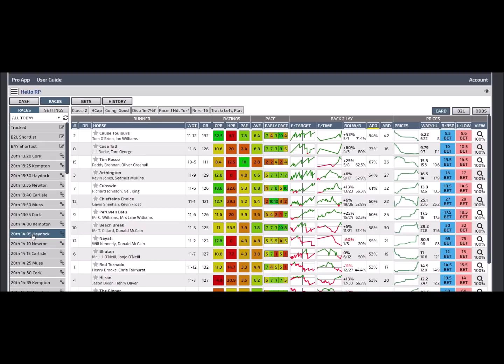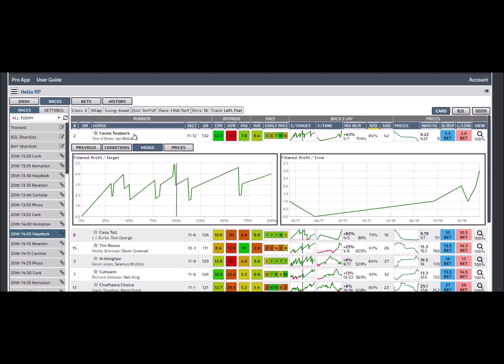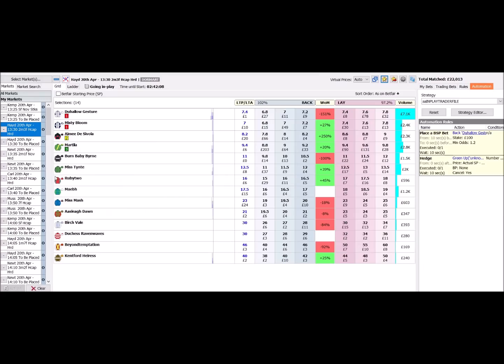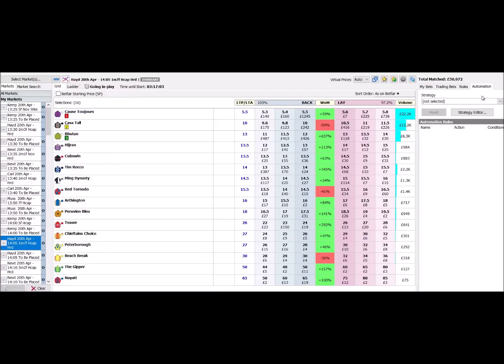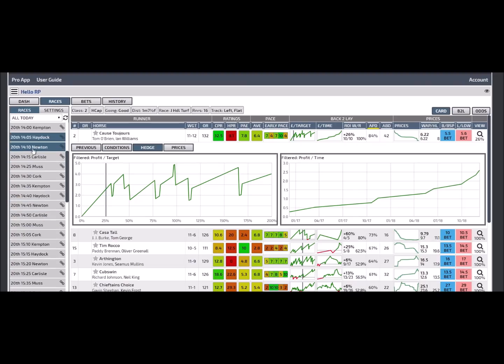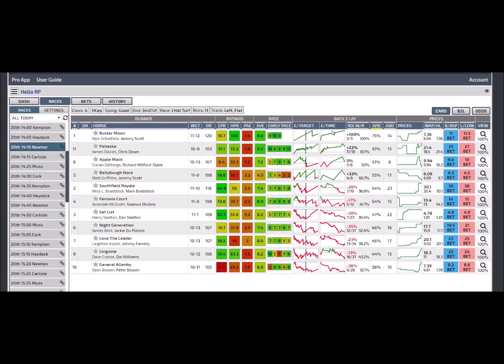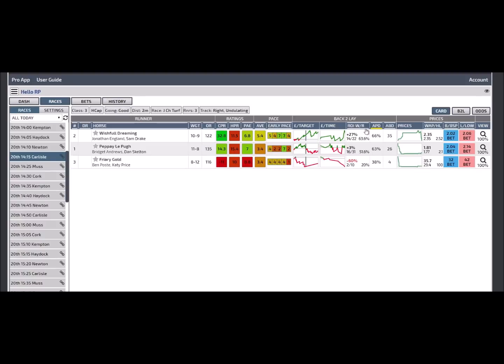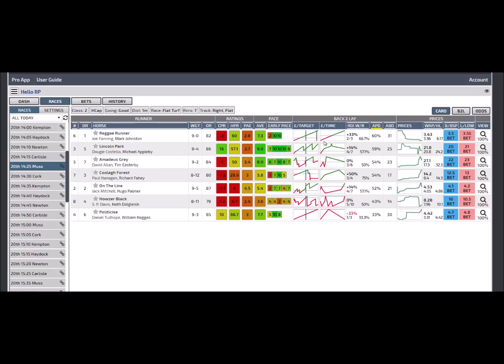I'm looking for a horse that's at the top of the market, but not odds on, odds of around 3 upwards. So this horse meets the criteria. We go to the race, you see the odds are good, select the file, select the horse, done, that's set for automation. And just do that and scan through each race on the left hand side, looking for horses that actually meet that criteria. So race by race,